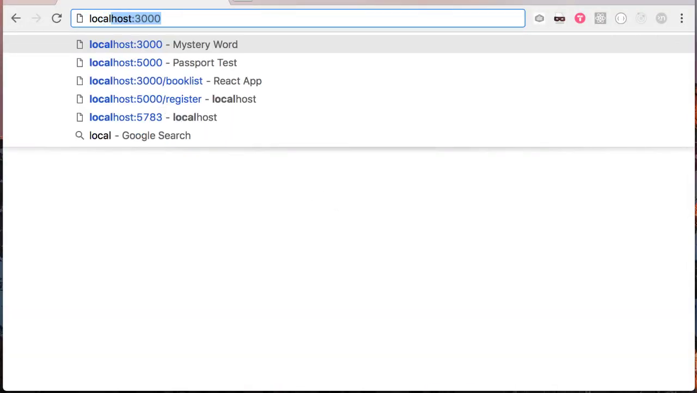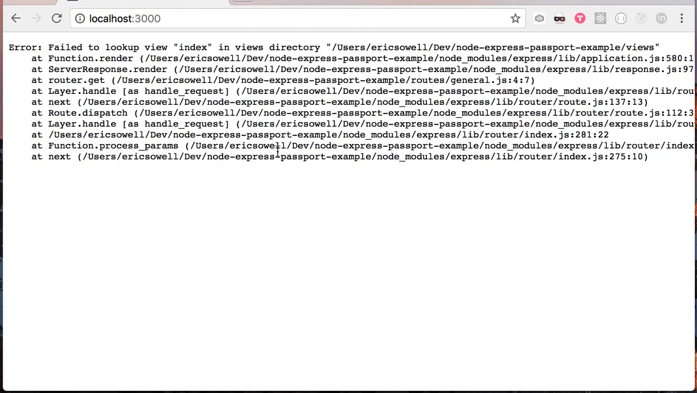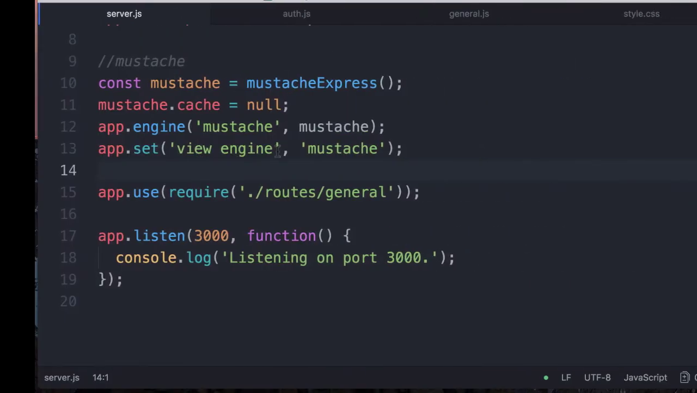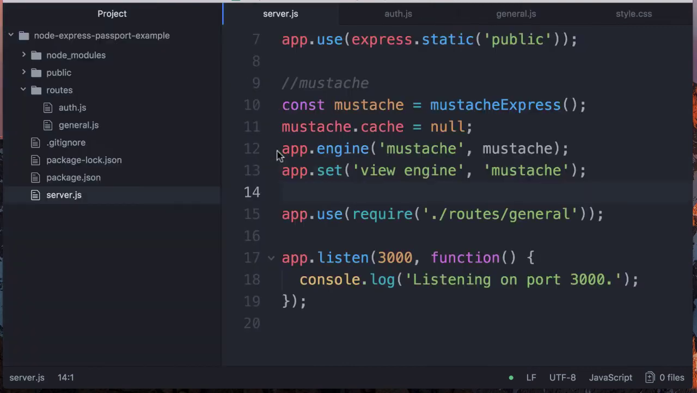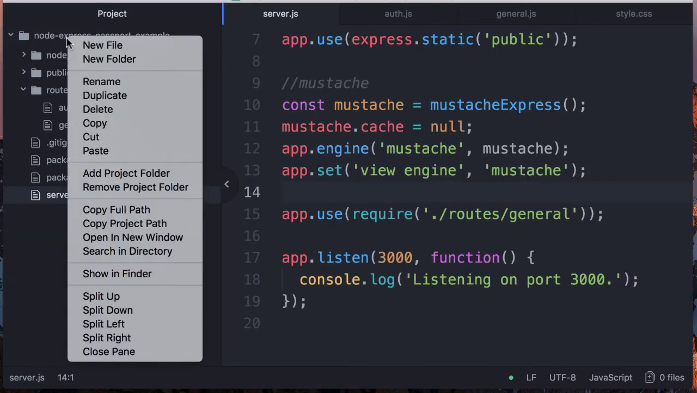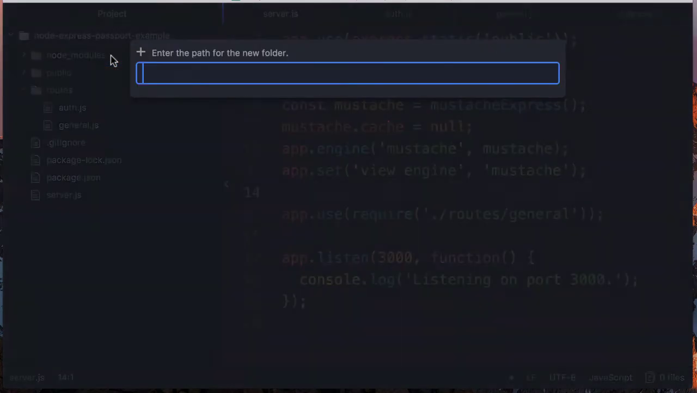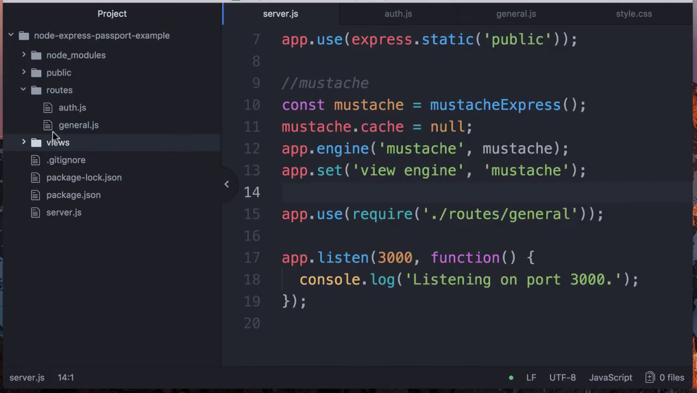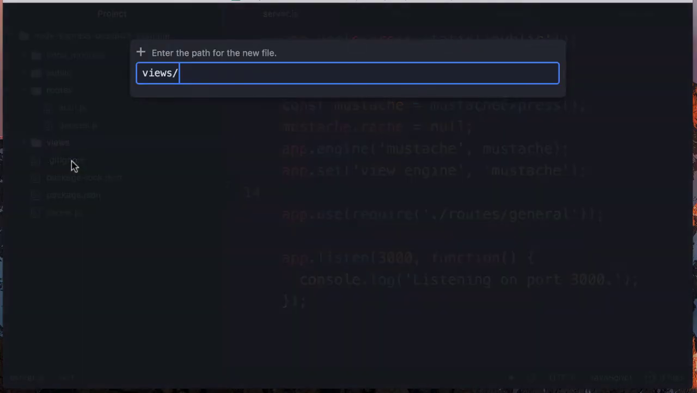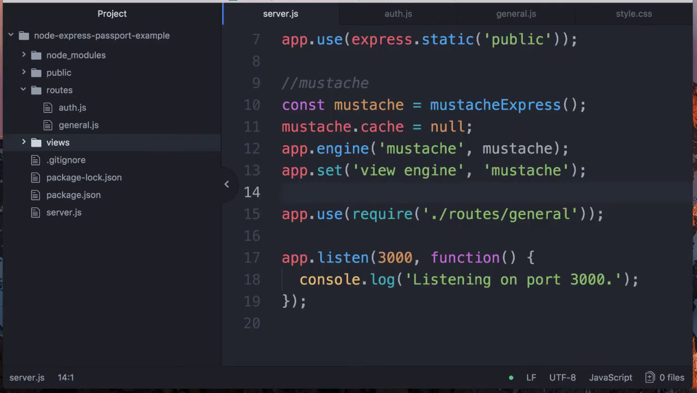All right, localhost 3000. Does it work? Failed to look up view index and views directory. Okay, well, like I said, we haven't created the views, so let's go ahead and do that. We'll create our new views folder, and then create both an index mustache view,